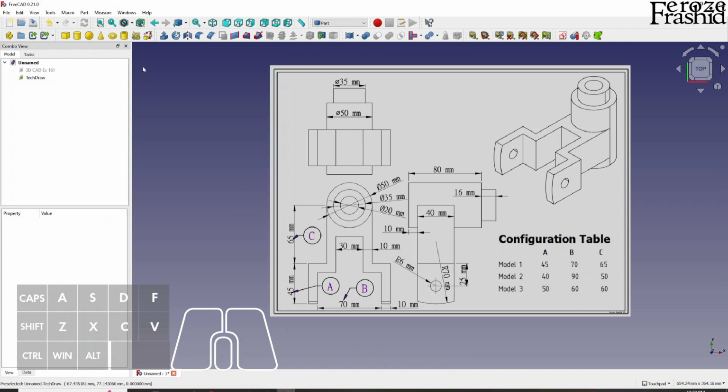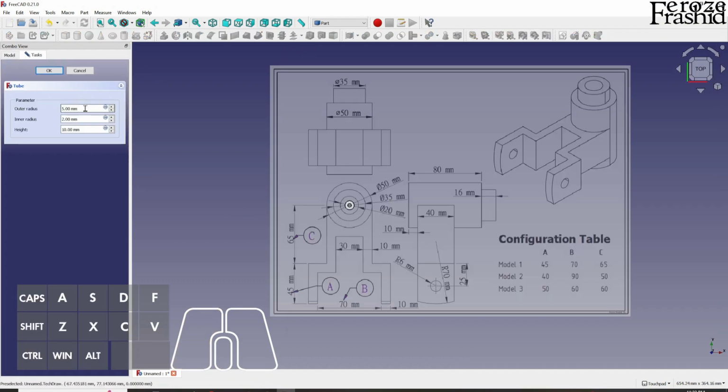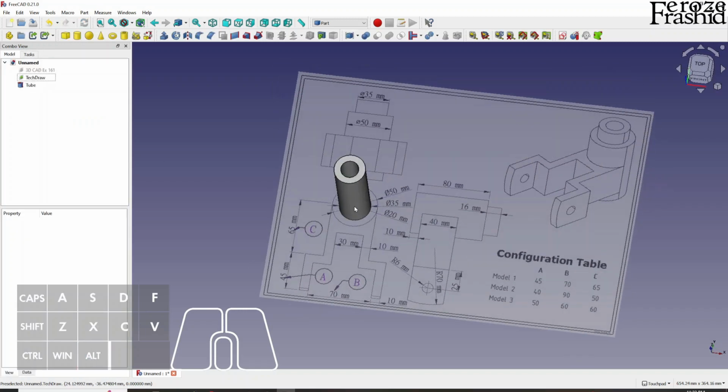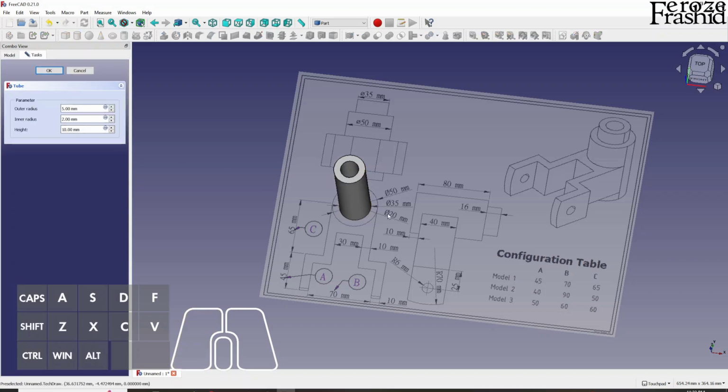And this middle part, I want to use the tubes, and as I said, outer radius is 35, so 35 divided by 2, and inner radius is 20 divided by 2. The height is given 80 plus 16, so the height is 80 plus 16. That's our first tube. Let's go ahead and then create another tube, and this one, the